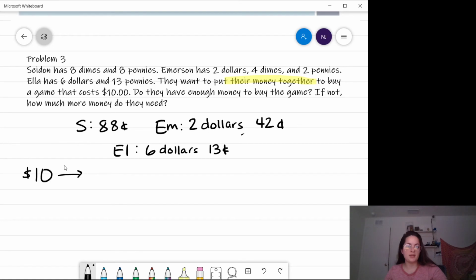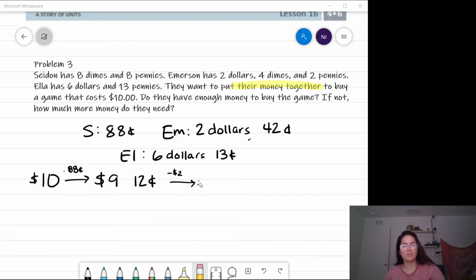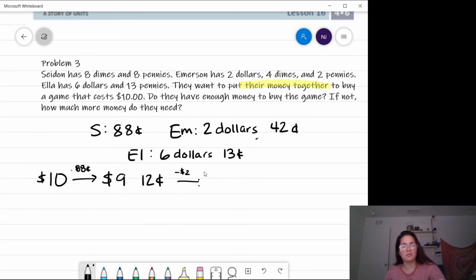So we're doing minus 88 cents, which would give us, actually I probably don't want to do it in decimal form because we're not subtracting in decimal form, we're subtracting in unit form, so it would just be 88 cents, and that would leave us with $9 and 12 cents, and then from there we would subtract Emerson's amount, so that would be minus $2, which would give us $7, which would give us $7.12, and then we would subtract her 42 cents,